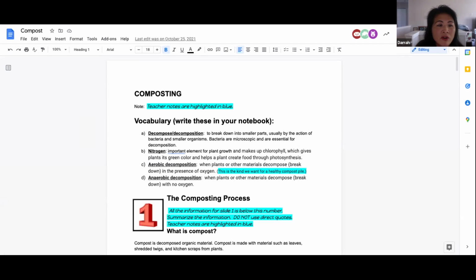Composting does take time, however. So in the meantime, while we were waiting for the compost to build and to decompose, we did other projects. We did other content area assignments. So this is part 1. Students in group 1 had to read part 1. Students in group 2 had to do part 2. And you can do this with any assignment you have for them. You can do this with any reading you find on the internet.